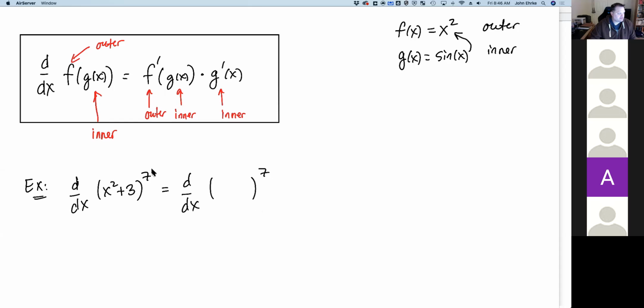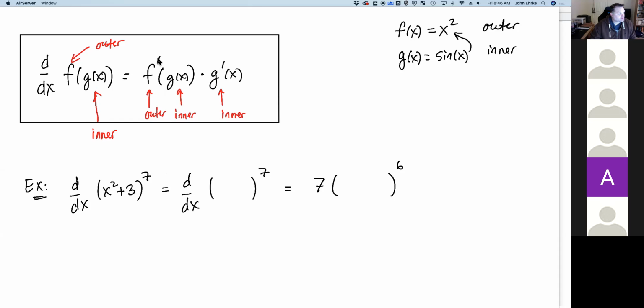Because x to the 7th is clearly the outer function here. Well, the derivative of anything raised to the 7th is 7 times that thing raised to the 6th. Right? Because that's power rule. Anything raised to the 7th is 7 times that thing raised to the 6th because you subtract 1 from the power. Well, chain rule